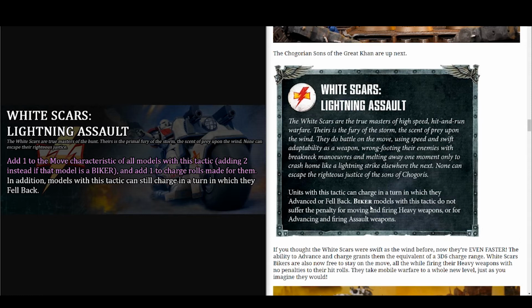And we have the in addition segment that's been added, which only works for bikers, which I can appreciate from the White Scars fluff perspective. They can shoot heavy weapons and advance and fire assault weapons without penalty, which is really cool, because now attack bikes can be somewhat, it's good. I'm going to say it's good, because now this chapter tactic is encouraging unique unit choices for the White Scars, with I guess bikers in general